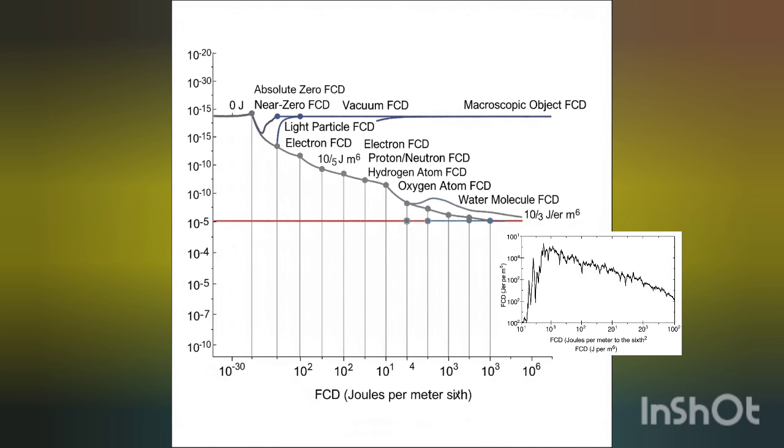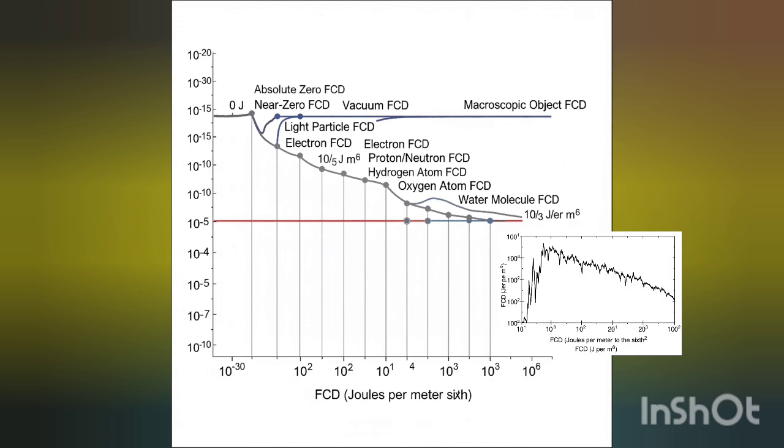Okay, a much higher cost. And then we get to the heavy hitters, right? Protons and neutrons. Exactly. They're at 10 to the 0 power, which is just 1 JM6. And that's a massive jump in FCD compared to an electron. These are the building blocks for atomic nuclei, and they need immense energy just to bind their constituent parts, the quarks inside them. Their LP signatures are extremely compact, intensely energetic, and incredibly coherent. It really reflects those powerful forces holding them together in such a tiny space. You start to see this hierarchical structure in reality. Each FCD increase isn't just more energy, it seems to be a fundamental reorganization of information and forces.